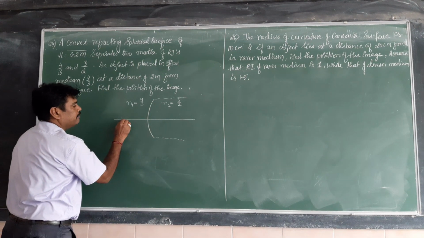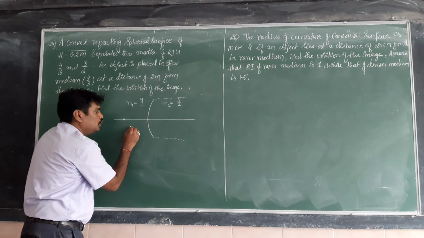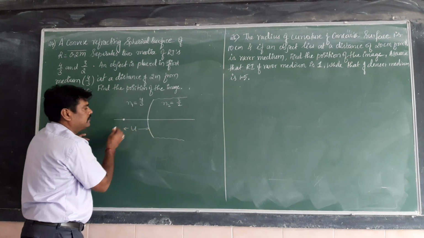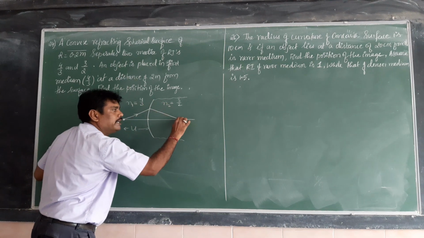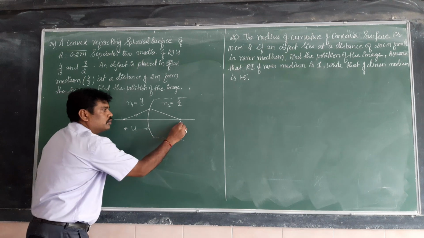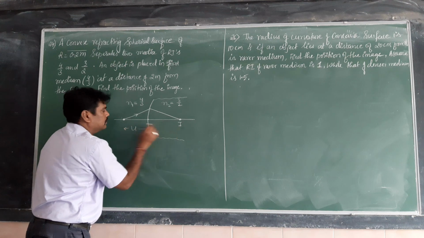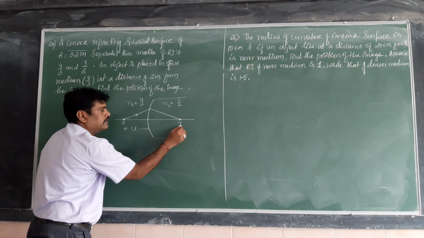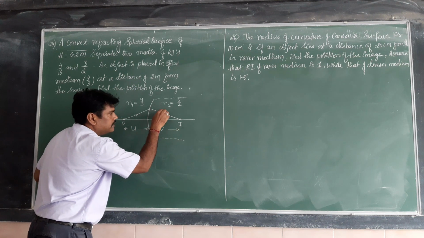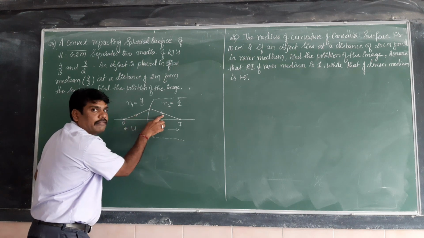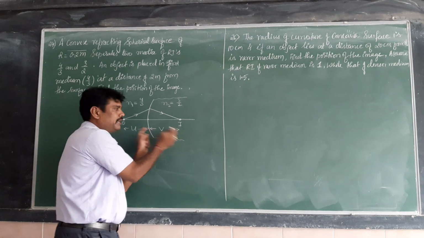Now the object is placed at some point here. From this point to here it is called the object distance U. Now this is the incident ray. After refraction, the image is formed in the denser medium, here inside this. So this is the image position and this is the object position. I consider O as the object and I as the image. U is the object distance, V is the image distance. This is the incident ray and this one is the refracted ray.